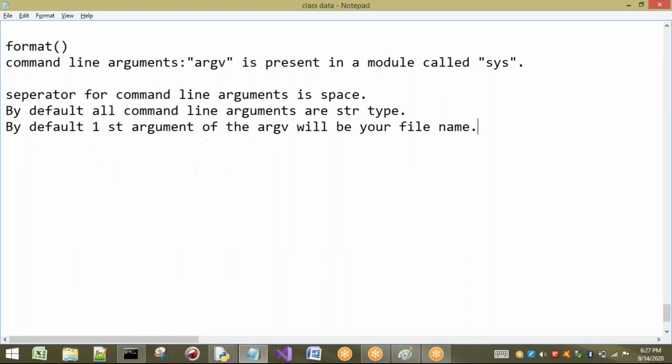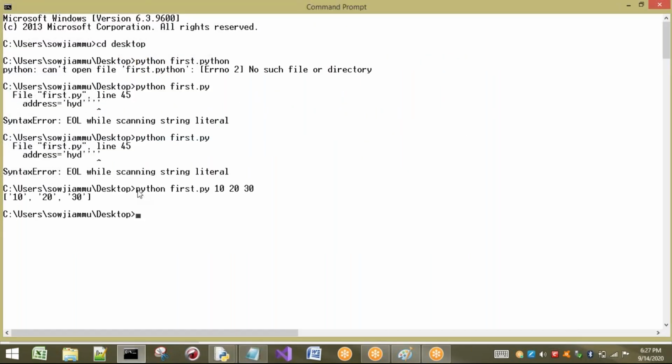By default, the first argument of the program is the file name, so I am not taking 0. Now I will take 0. Observe carefully. This is the statement I am going to execute. Here three values are taken as command line arguments. The first dot py will be considered the 0th argument, and then the first, second, and third arguments.